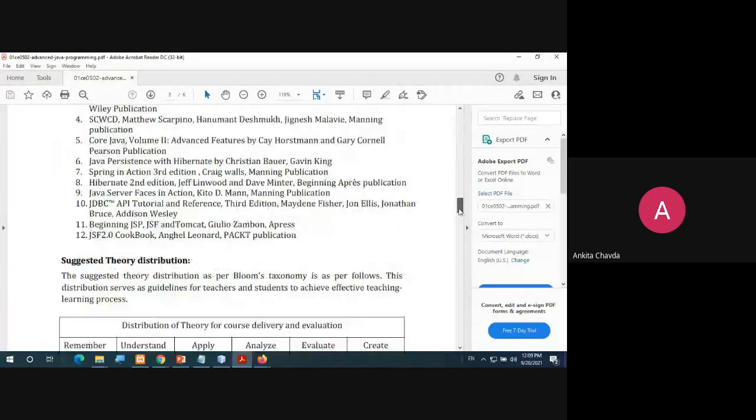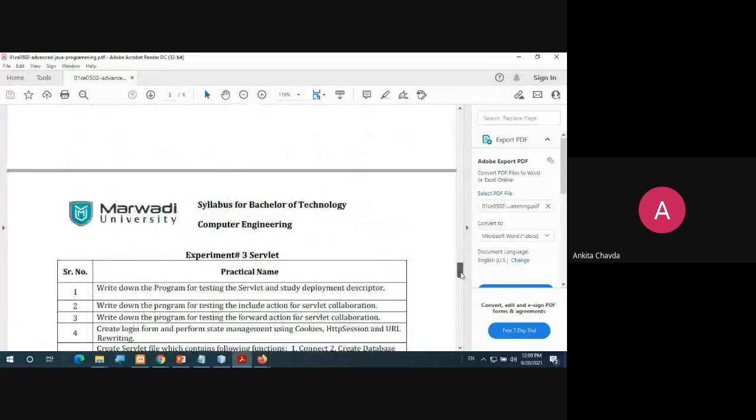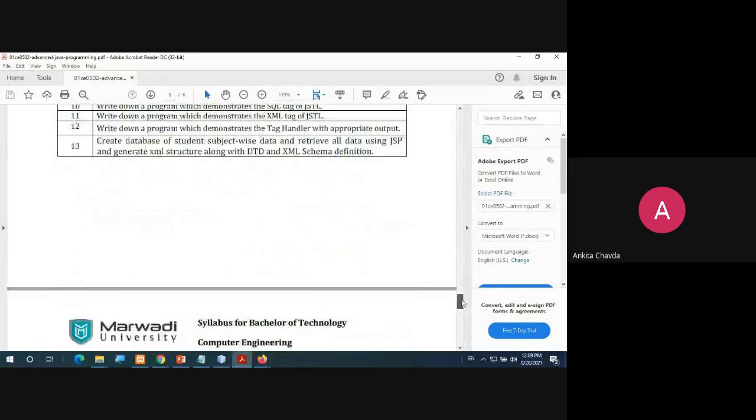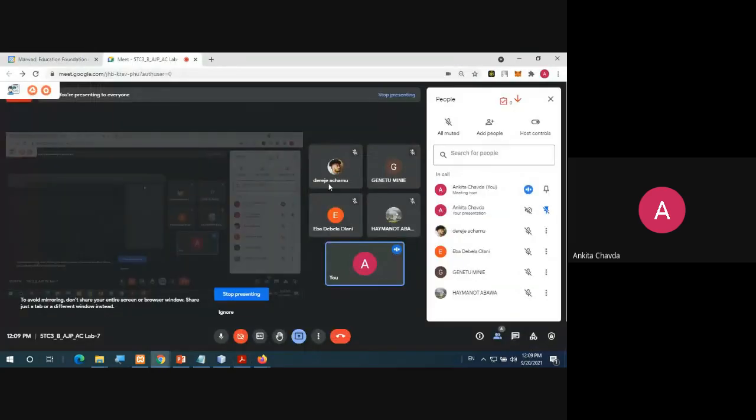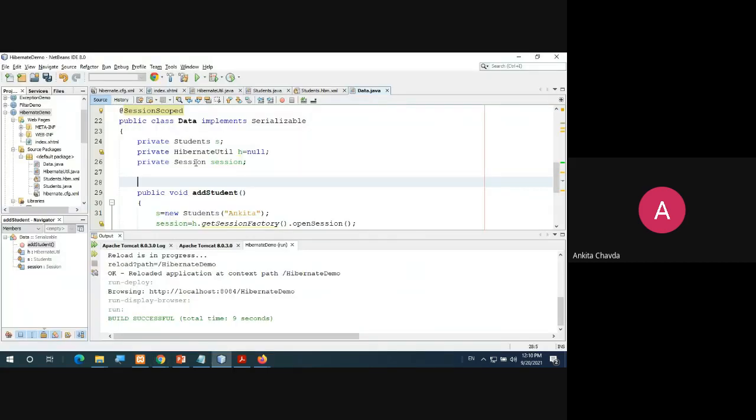I'm just sharing my screen. Wait a sec. So last time we finished all our JSP programs, right? And now the next task is Hibernate. So what we will do in Hibernate: first open NetBeans and all, right? Because you have to do it with me, otherwise you won't be able to do any of the program, right?